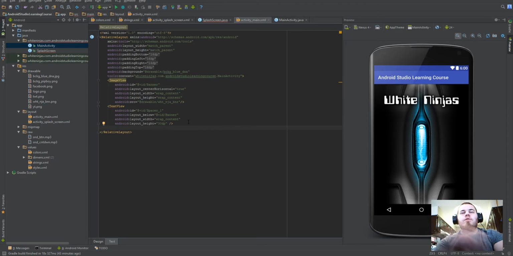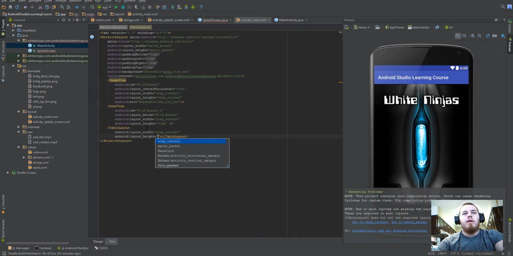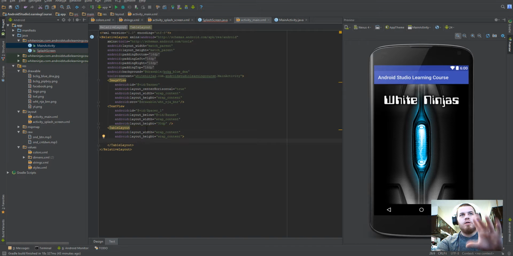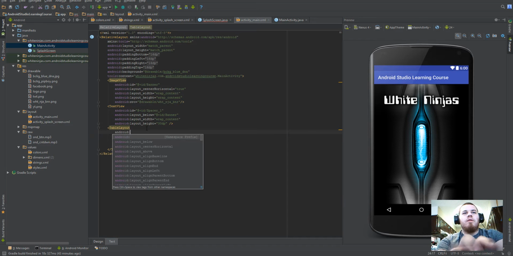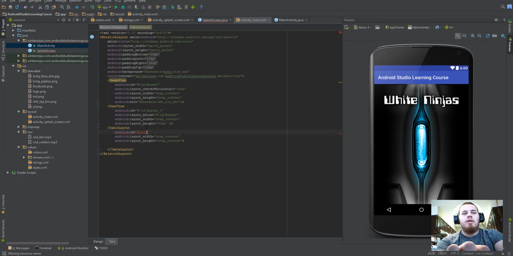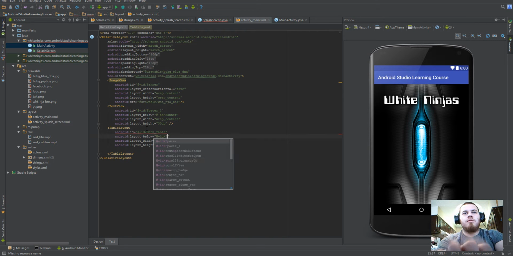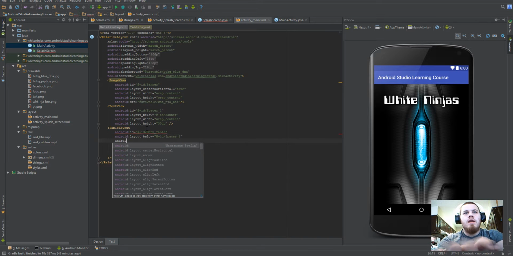So now you've seen me in the past just create a simple button, and we've added a background image to it, we've added text to it. So what we're going to do this time is put a button inside of a table element on this specific screen. And in order to do that, we're just going to create our table layout. And we're going to wrap this whole concept around, and give this one an ID: menu table. And we're going to put this one below our spacer1,